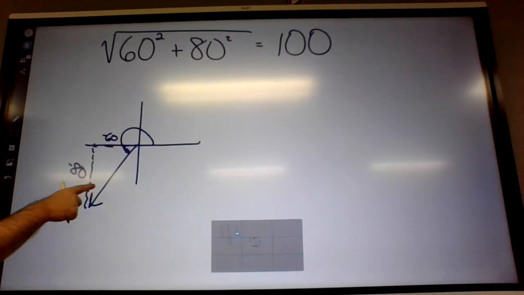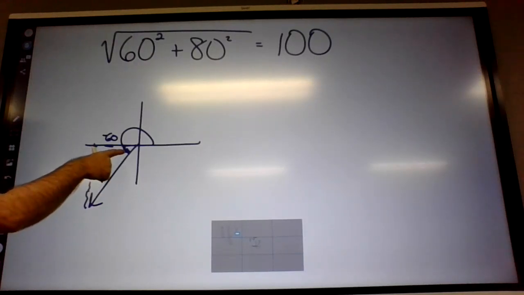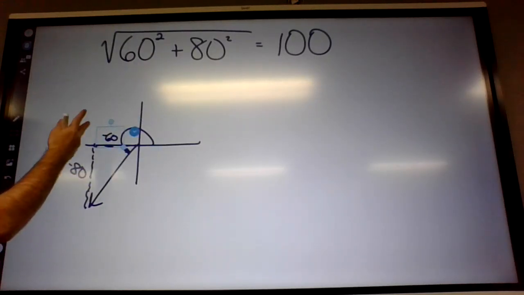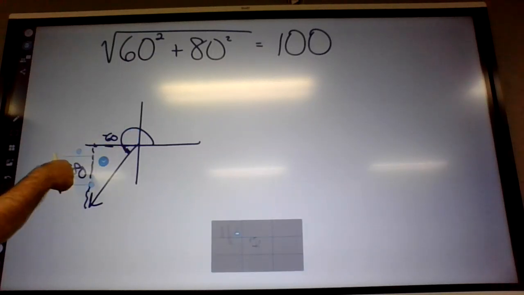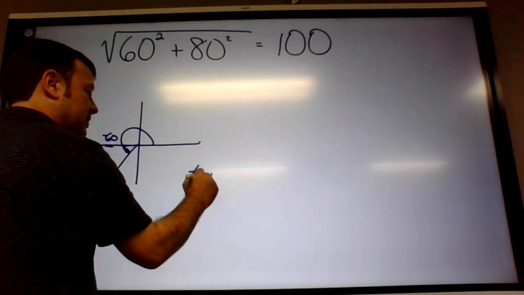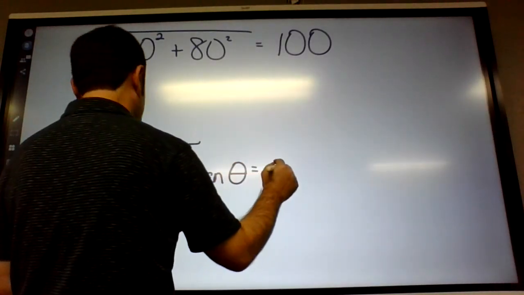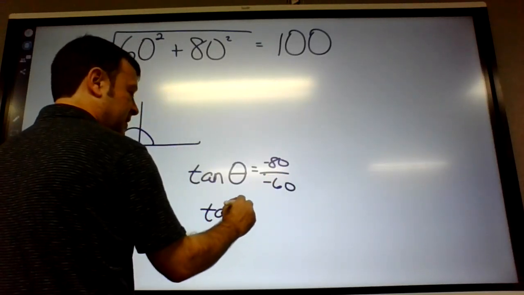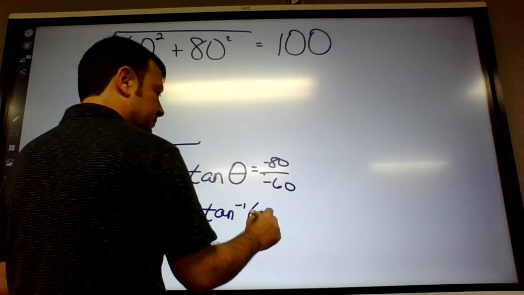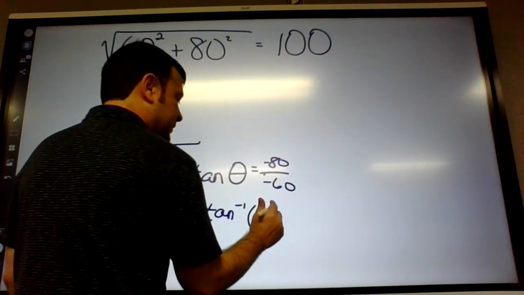So we really didn't do this part on the homework, but it is going to be tangent again. That happens every time, because these are the opposite and adjacent every time. The x component's always the adjacent, the y component's always the opposite. So tangent of the angle, maybe I should use theta, equals opposite over adjacent. So we need to do tangent inverse of that. You could reduce it to 8/6 or 4/3. You don't have to, but